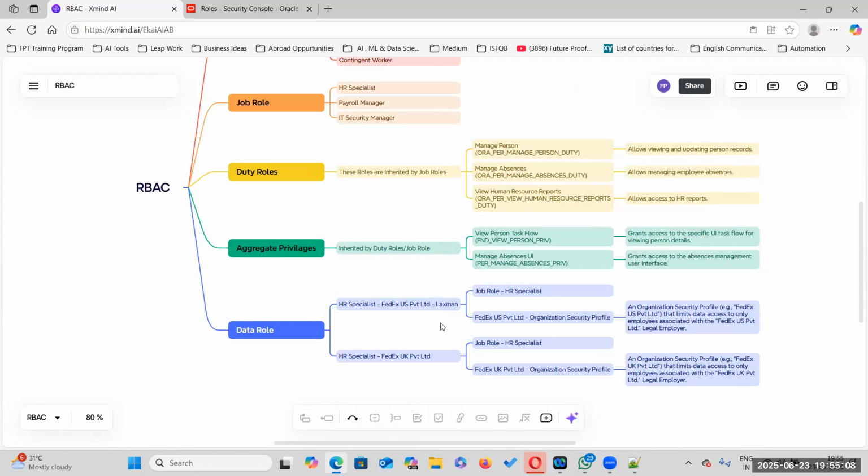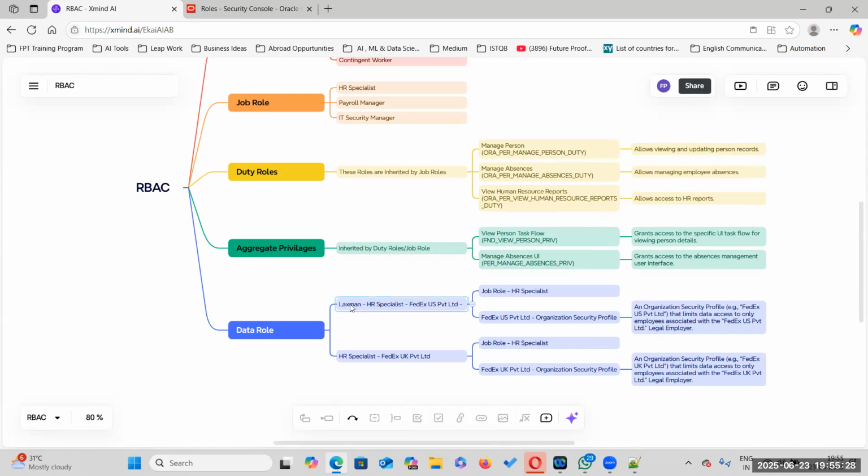As an end user, I will be working in an HR specialist role. In which domain? Which country is he working in, which data set? US. So for Lakshman, I have assigned one data role. What is the data role I have assigned? HR specialist.